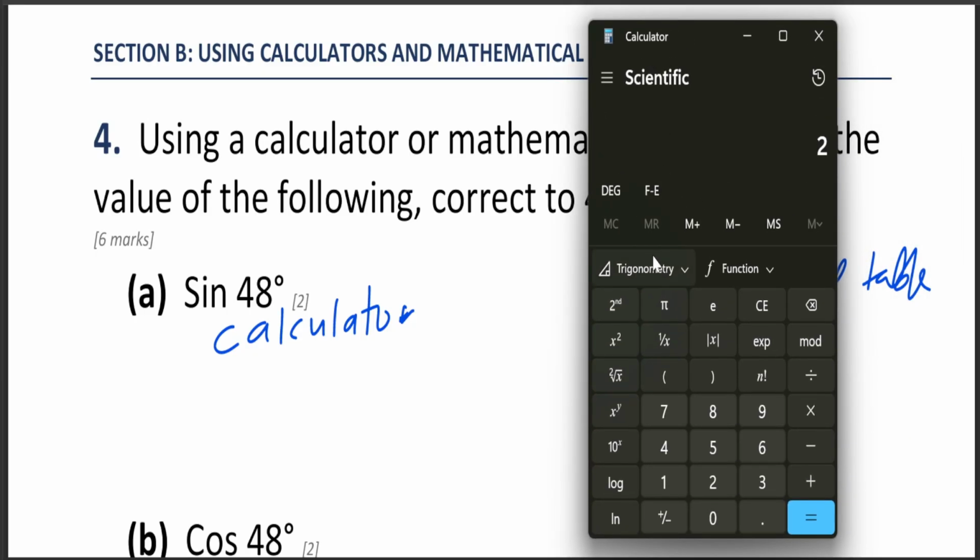So kuna pahali utaona sin. Utabofa, wacha tu remove hii tu mwanzo. So hapa kuna calculator yako, utaona sin. So utabofa sin and then utabofa 48, which should give you sin 48,